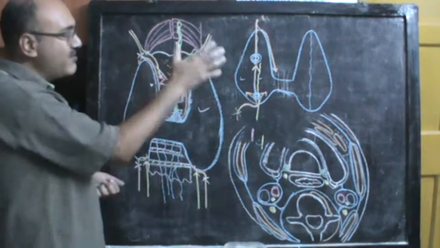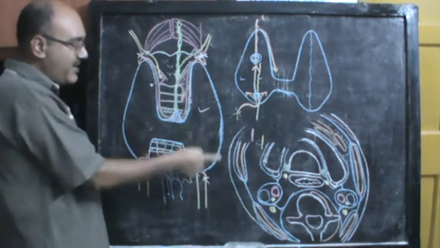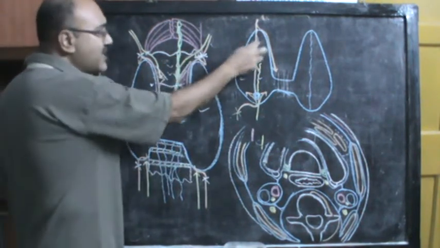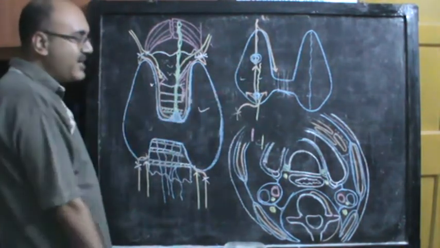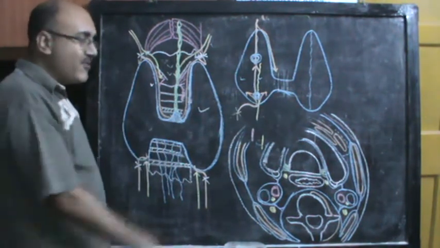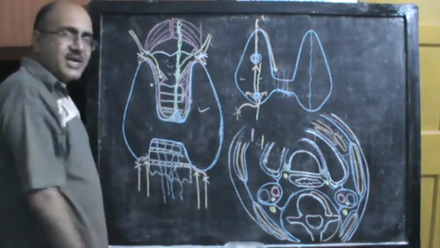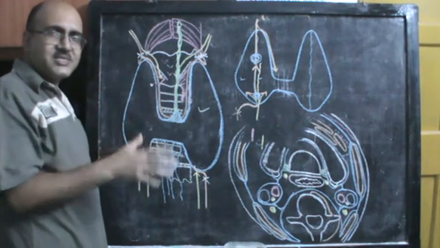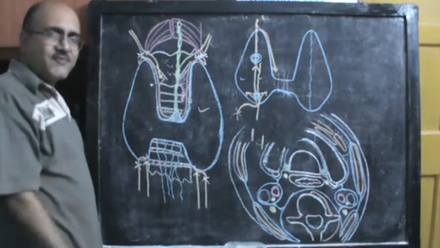Now just a summary of the blood supply. The thyroid gland's arteries supply from the superior thyroid artery and inferior thyroid artery. Superior thyroid artery giving an anterior branch and a posterior branch. Inferior thyroid artery mainly supplying the four parathyroid glands and giving minor branches into the thyroid substance itself. Not only that, the inferior thyroid artery is quite a powerful artery. Apart from the thyroid gland itself, it has got many other supply areas. It supplies partly the esophagus. It is one of the main supplies for the trachea and the surrounding soft tissue.